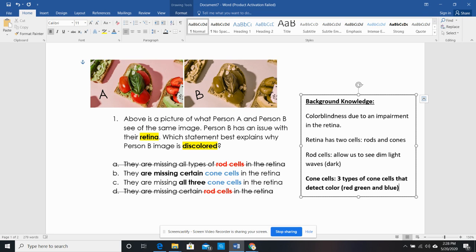No, but they do see some, meaning they do have certain types of cone cells, but they might be missing some. Whereas if they didn't have any of the cone cells, then this picture would have been completely black and white or gray. They wouldn't see any of the colors present. So because they see some colors, that eliminates answer choice C, and that means that answer choice